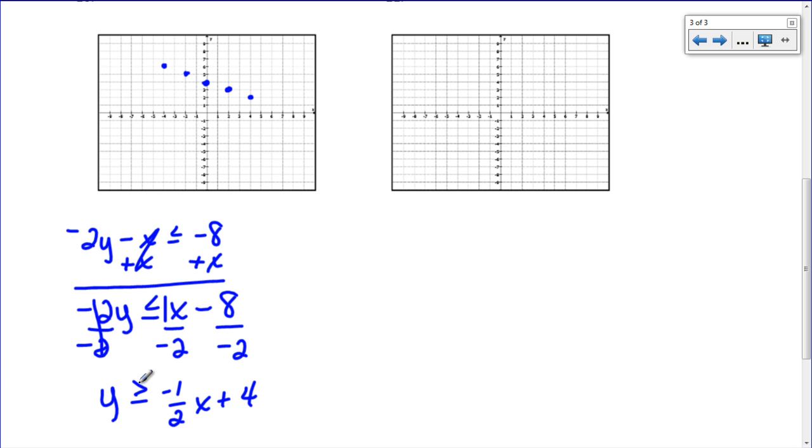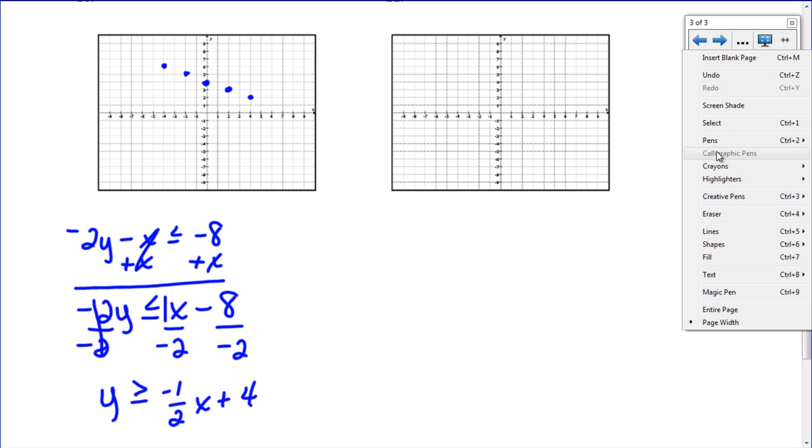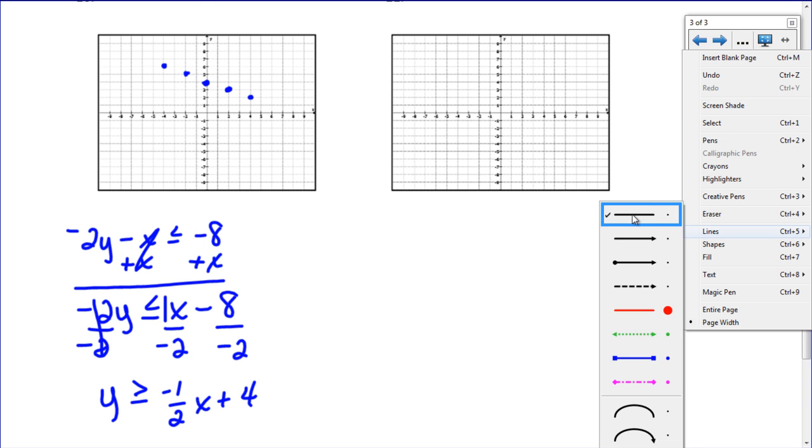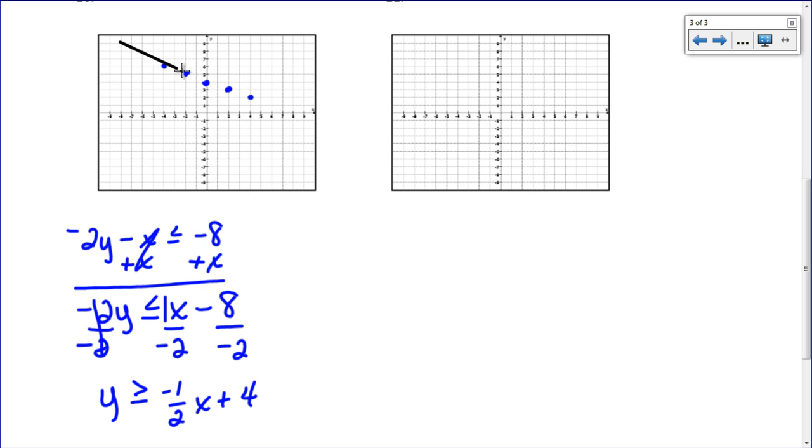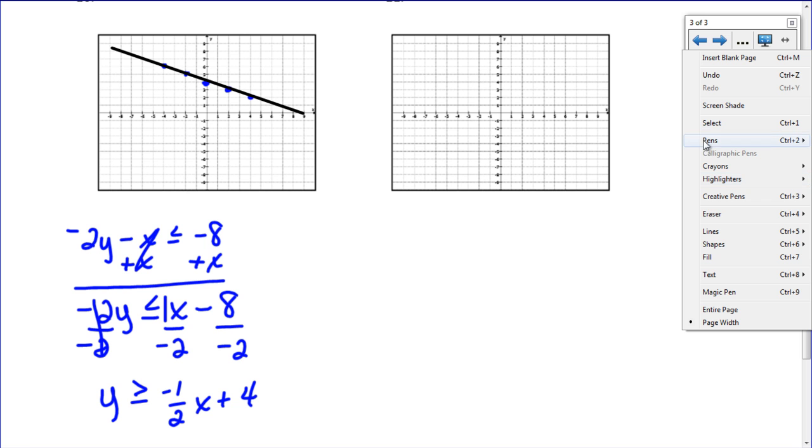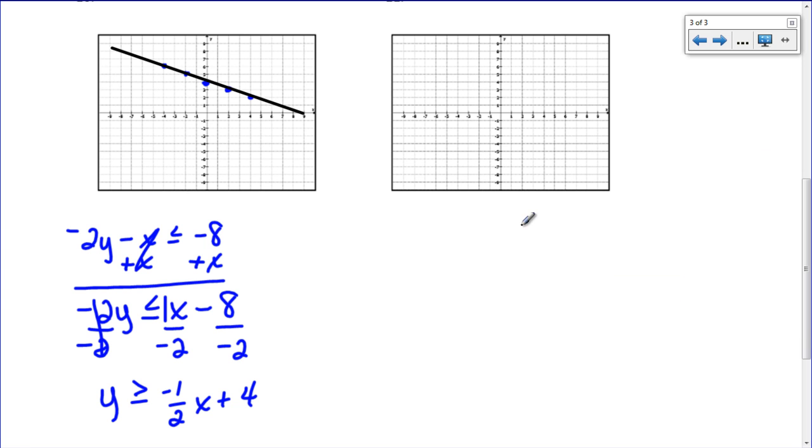Now look at your symbol. Your symbol is greater than or equal to. It's got the underlined part in it. So that means that when I draw my line, it's going to be a solid line. I'll put it through the points just a second. So there's your line. And now we have to talk about the shading, because if you'll remember with an inequality,